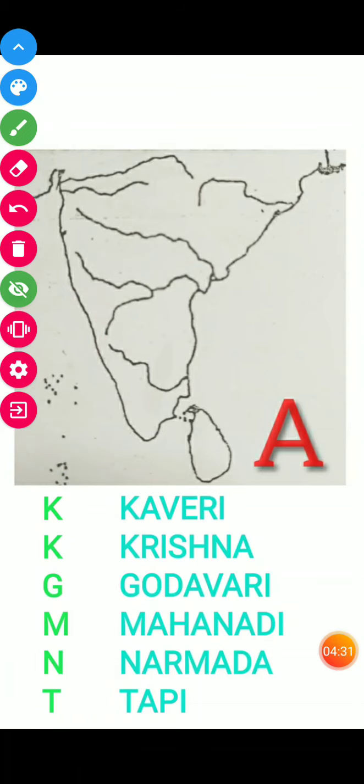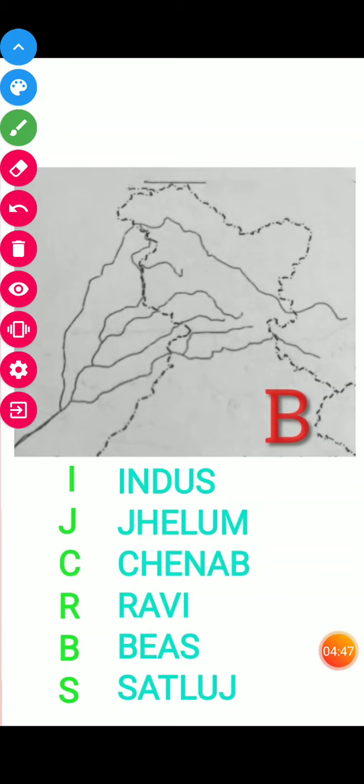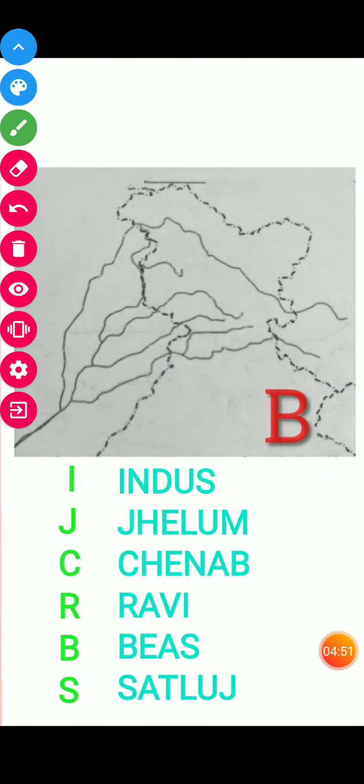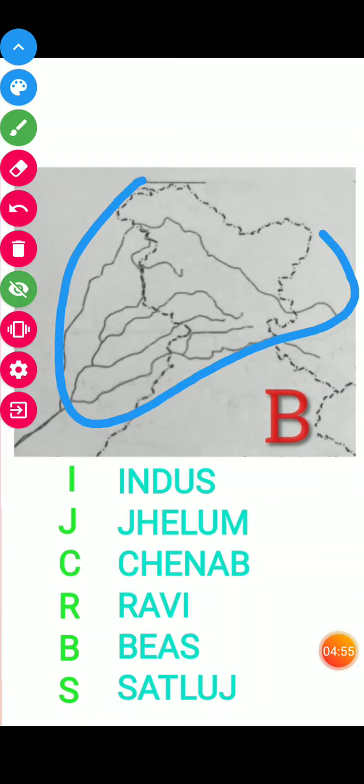In section B, you will find this section in the north or northwest of India, that is the part of Jammu, Kashmir, Himachal and Punjab. You can find, children, here the 6 rivers.